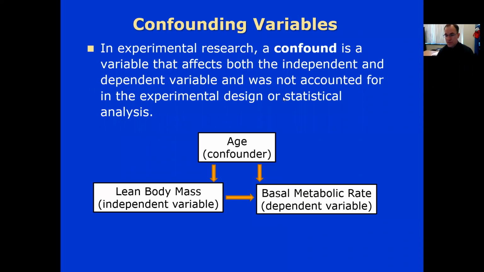There's also something to be aware of called confounding variables. In experimental research, a confound is a variable that affects both the independent and dependent variable and was not accounted for in the experimental design or statistical analysis. For example, if you're doing a study on the effect of lean body mass, the independent variable, on the basal metabolic rate, the dependent variable, the investigator may not have accounted for age, that might